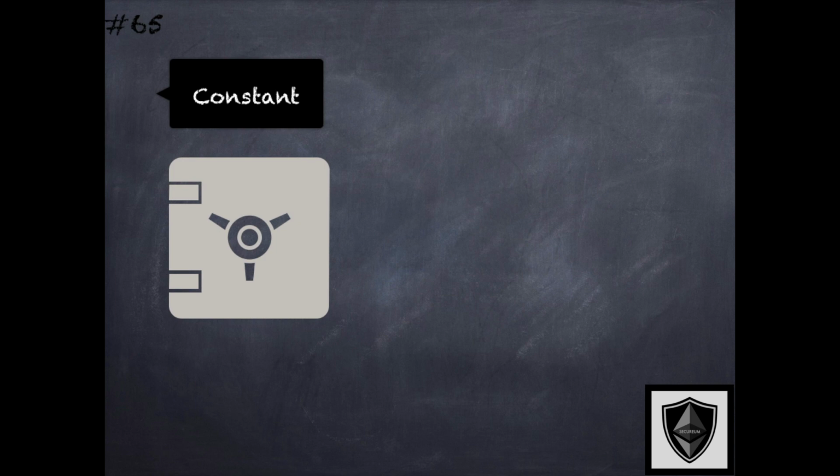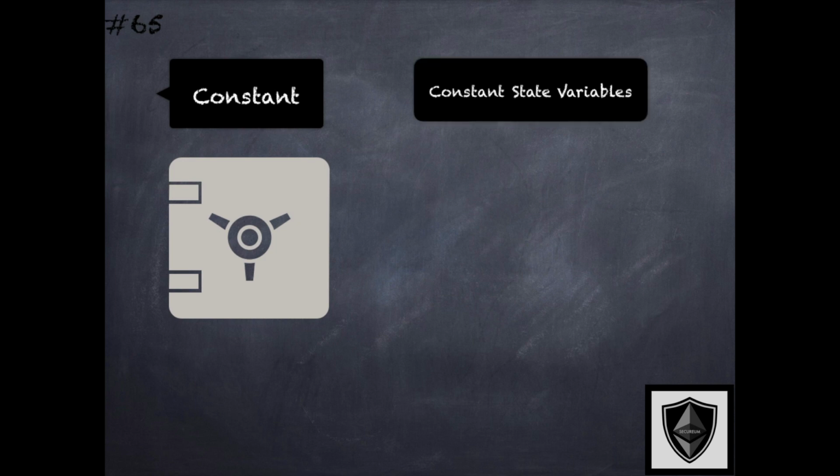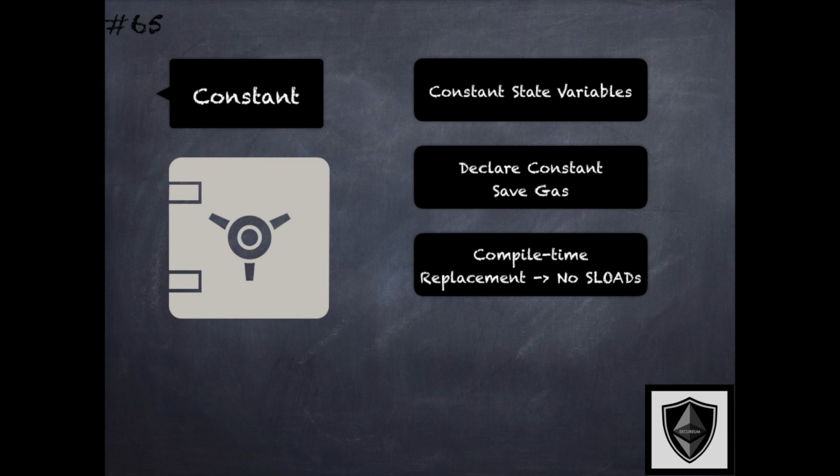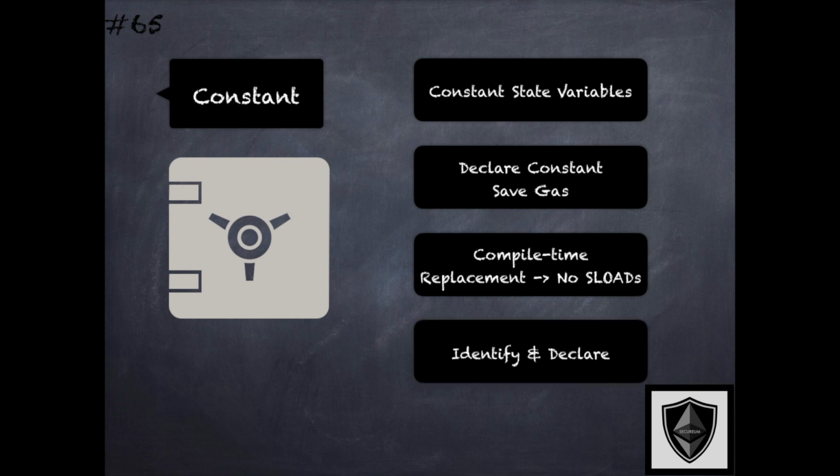There is a best practice related to the use of the constant specifier for state variables in Solidity. State variables whose values do not need to change for the duration of the lifetime of the contract can be declared as constant. This saves gas because the compiler replaces all the occurrences of such state variables with the constant value. And this effectively means that reading such state variables no longer requires the expensive sload instructions. So the best practice is to identify such state variables whose values do not need to change over the lifetime of the contract and declare them as